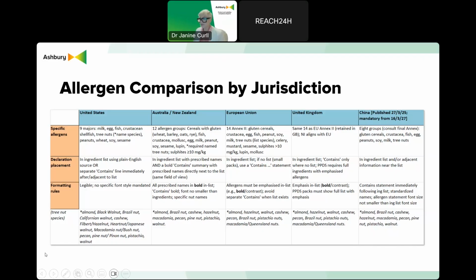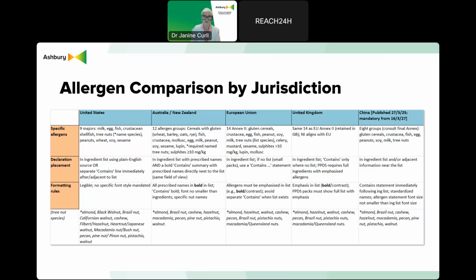This is obviously quite a summarised version, so it's not necessarily to be taken as your authority piece. Indeed, your primary material in all instances is your authority pieces, but I want to provide that opportunity to really look at an at-a-glance requirement of the various differences as they go against the jurisdiction.